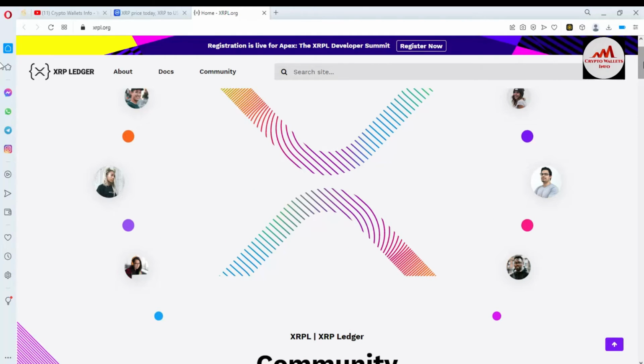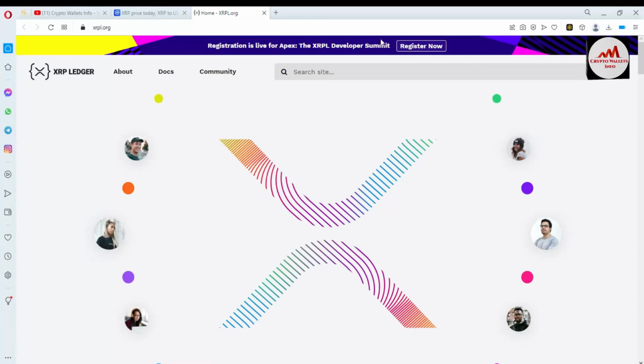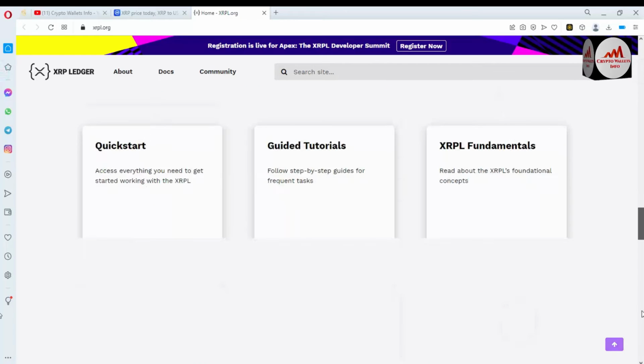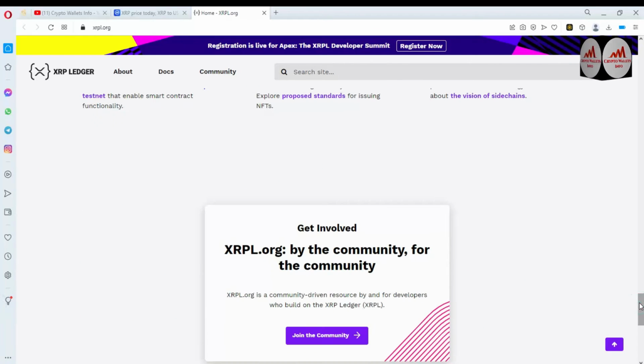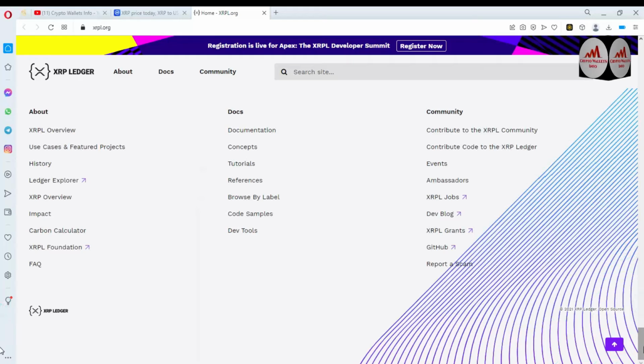You can also use their own wallet. I don't know where the wallet link is available, maybe in the documents or community area. I will discuss that later. Download the official wallet, but there is no link shown, because I think the website interface has changed. So